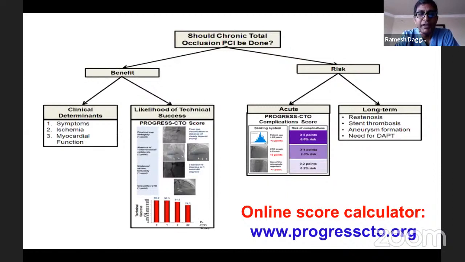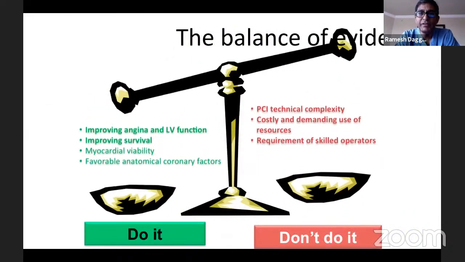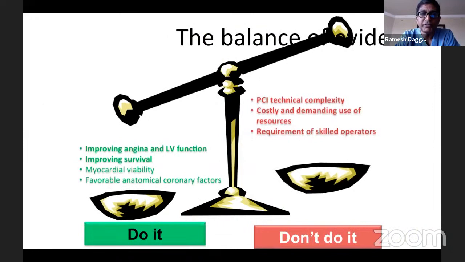And lastly, I'll end with this. You can use the PROGRESS CTO calculator. The benefit of a CTO PCI is always given to people who have higher symptoms, but you can assess the risk based on the PROGRESS CTO score as well as the J-CTO score and see who will benefit in the longer term. So at the end, the balance of evidence after these clinical studies, I hope I could convince you that